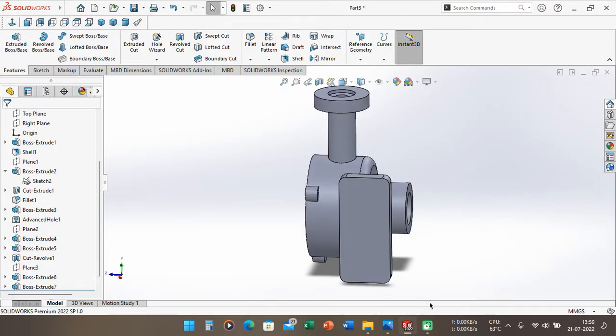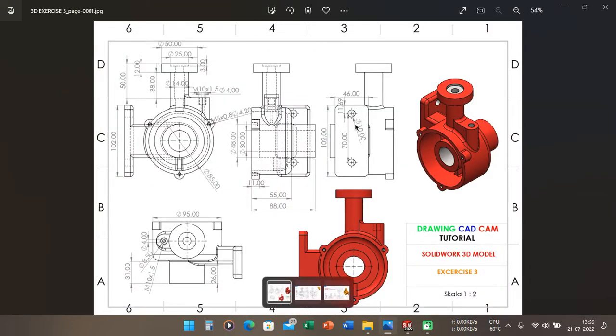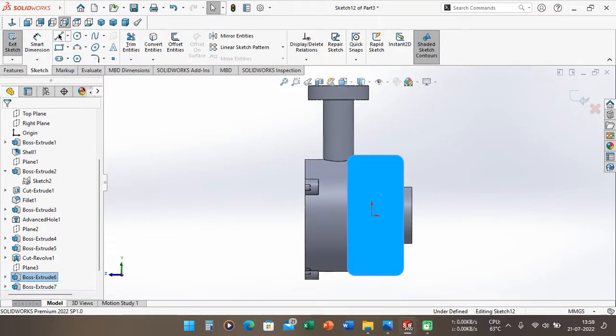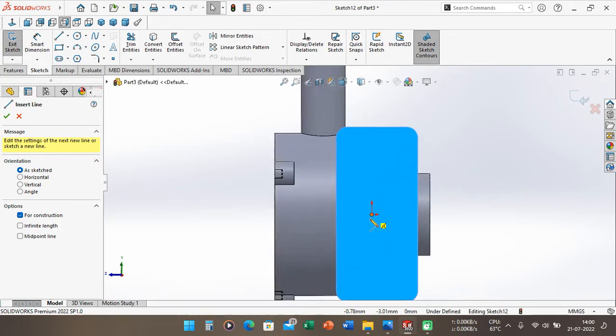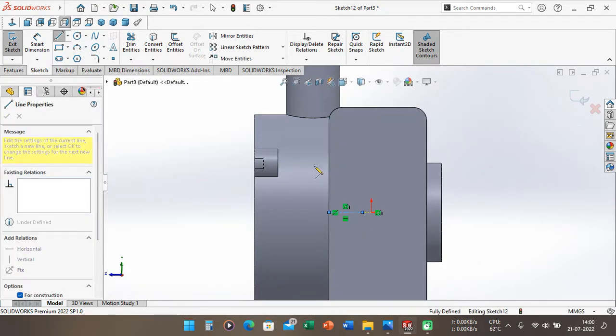After that, I want to make a hole here with the dimension of 10 millimeter, and the distance from the center point of this hole is 70 millimeter. So choose here and sketch here. We can make just one circle, and we can use the mirror entities to copy the circle.